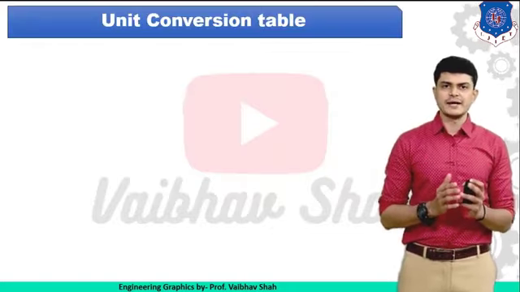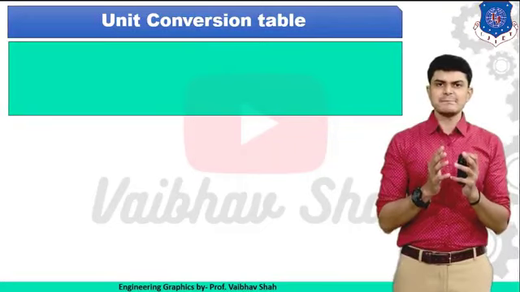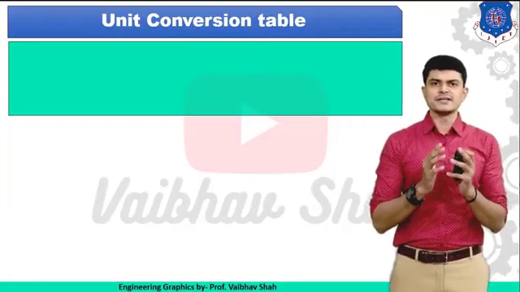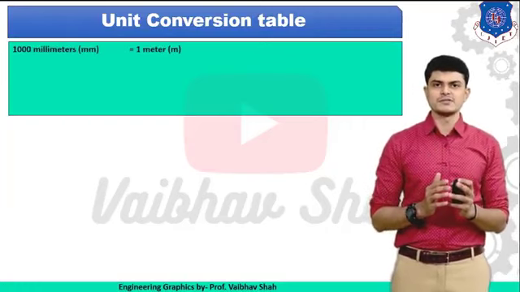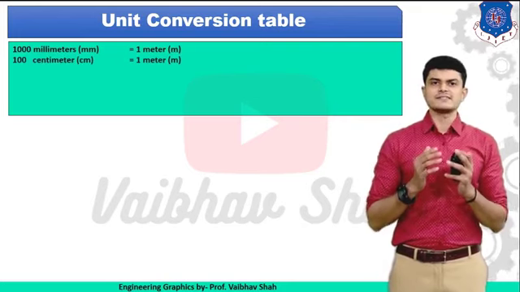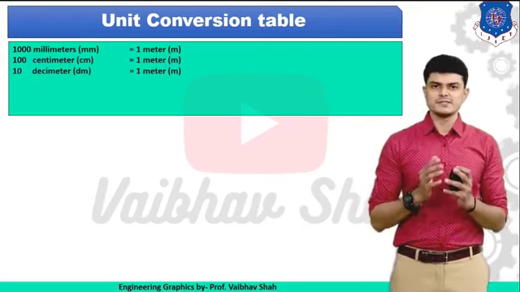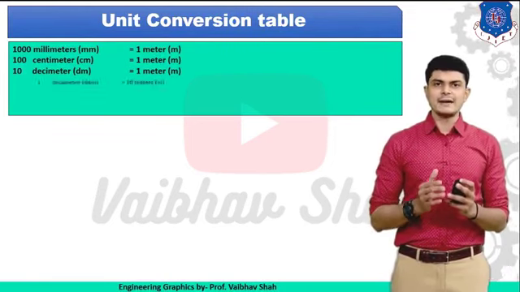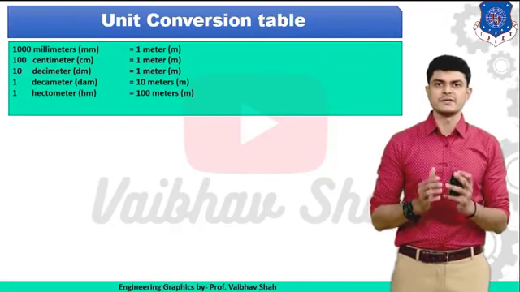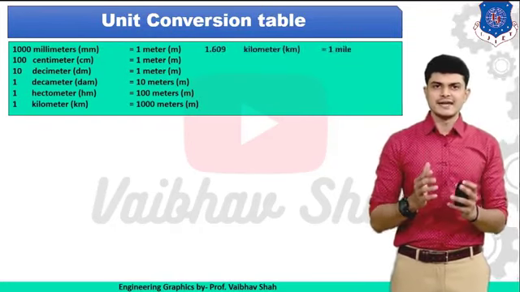So now let us move ahead and check a unit conversion table. For solving examples based on the diagonal scale, we must understand this unit conversion table. So let us see the unit conversion table. 1000 millimeters is equal to 1 meter, 100 centimeters is equal to 1 meter, and 10 decimeters is equal to 1 meter, 1 decameter is equal to 10 meters, 1 hectometer is equal to 100 meters, 1 kilometer is equal to 1000 meters, then